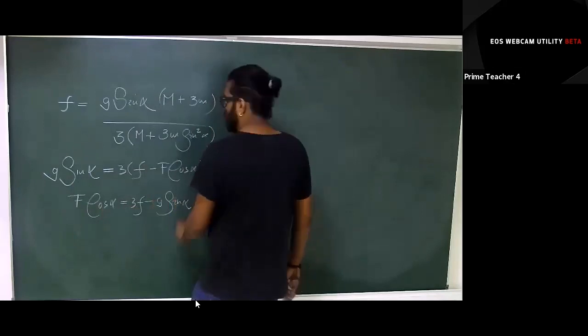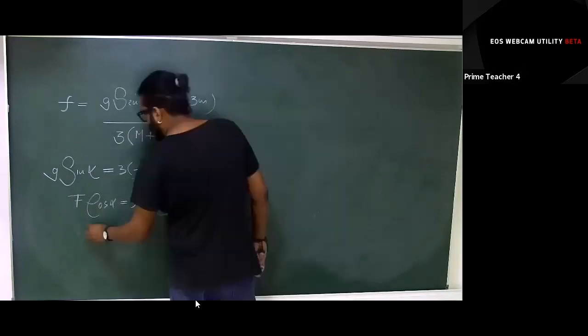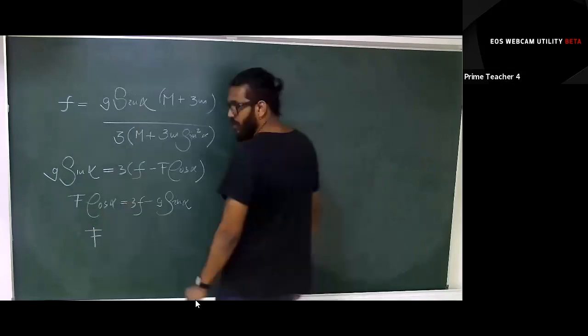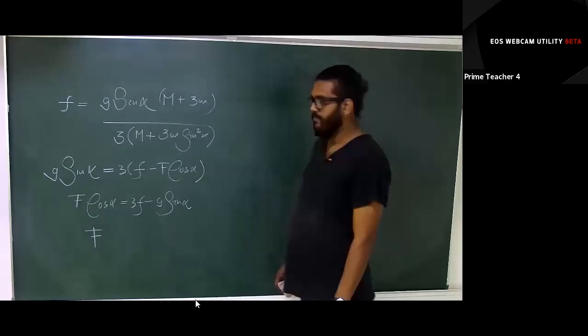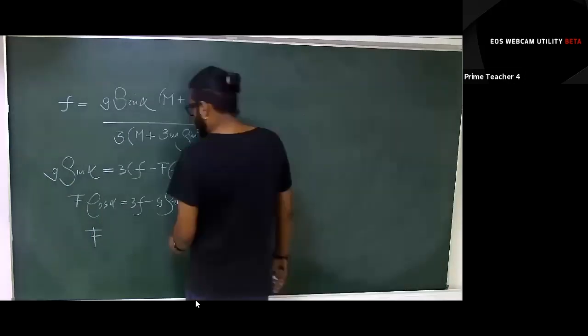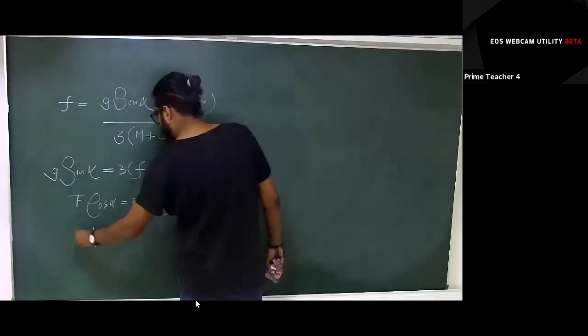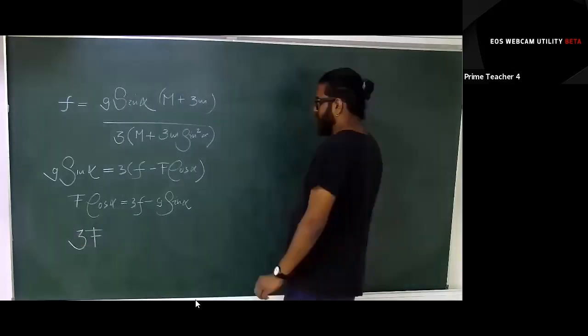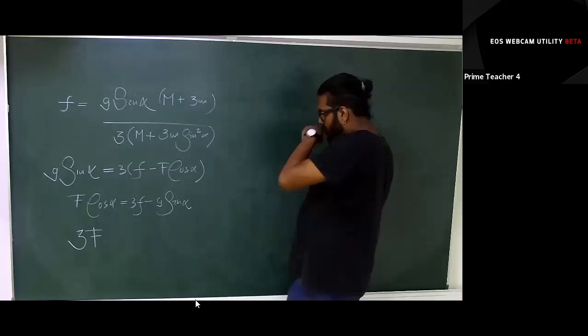So you can write capital F is now given by 3 f, right? Now clear? So 3f cos alpha